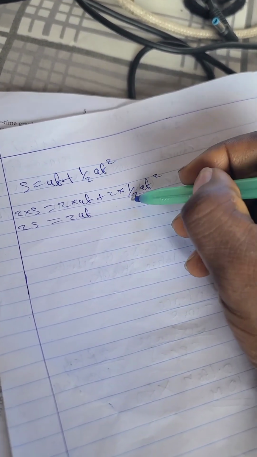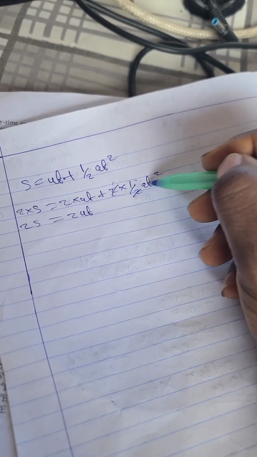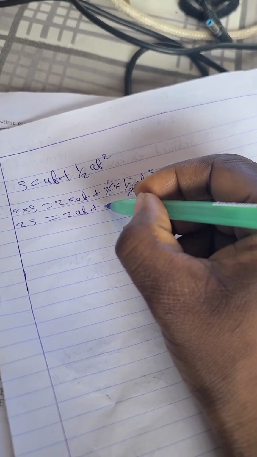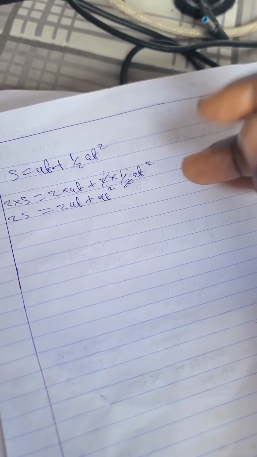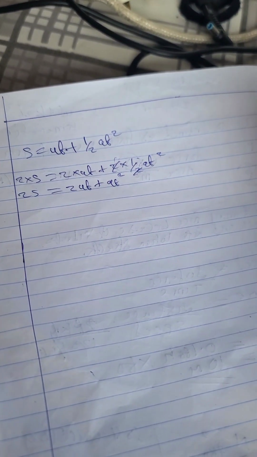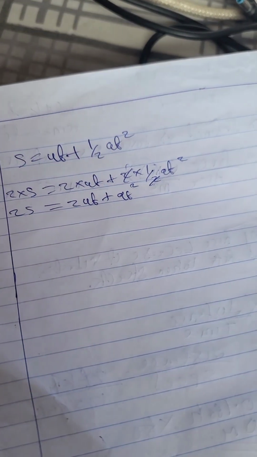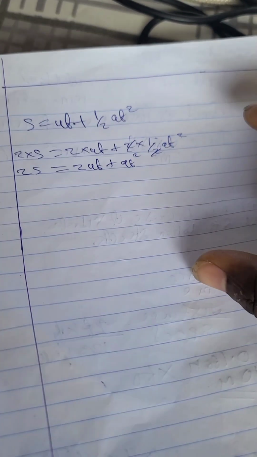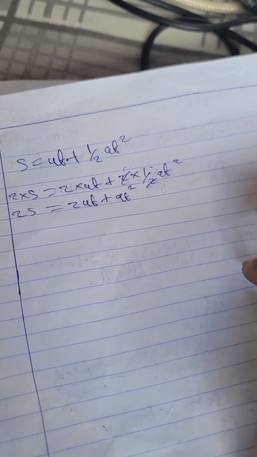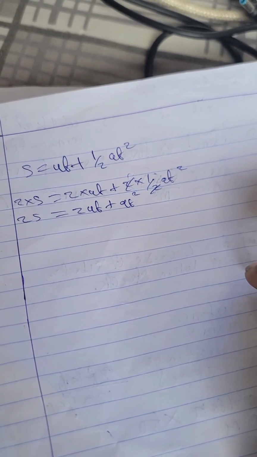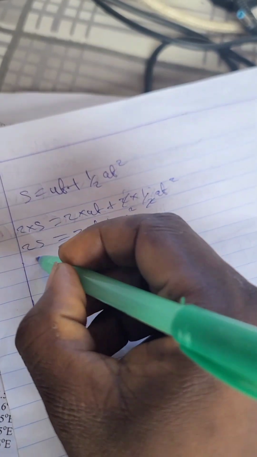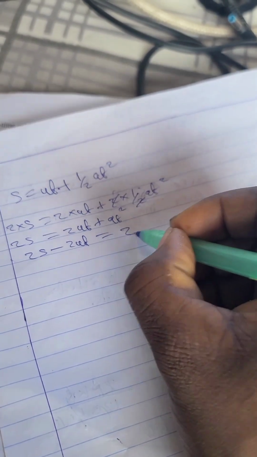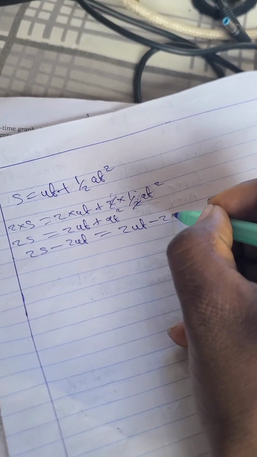This is multiplication, so 2 cancels 2, 1 times 1. So this has cancelled out, so we are left with plus at squared. So to eliminate 2ut, we minus both sides by 2ut. So we say 2s minus 2ut equals 2ut minus 2ut